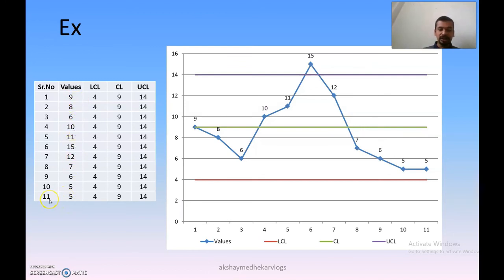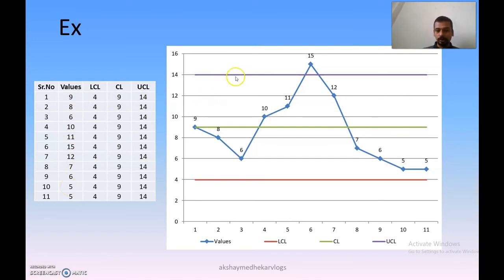So we check 11 shafts and we are getting these 11 values. So we need to check how many are within the limit, that is within the upper control and lower control limit, or which data are falling below the lower control limit and falling above the upper control limit. So we are going to plot this data with a graph.